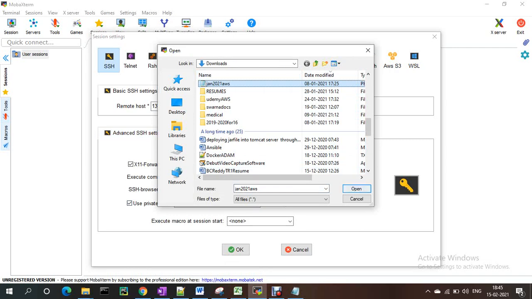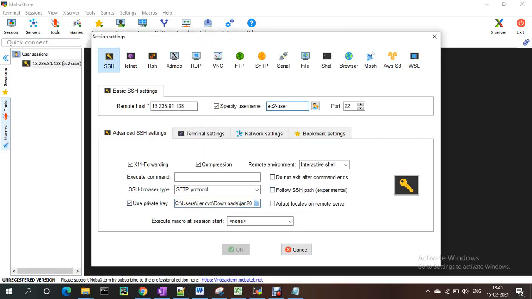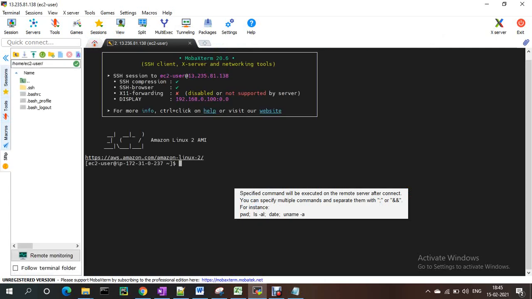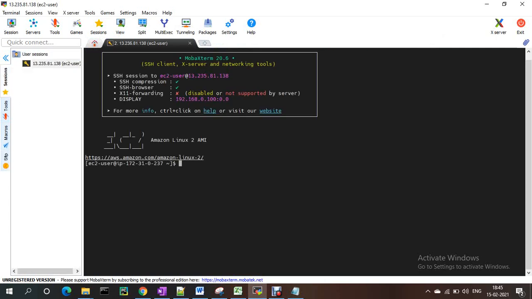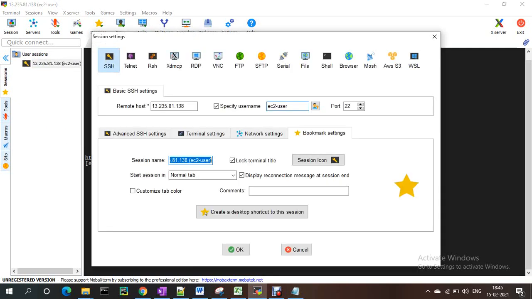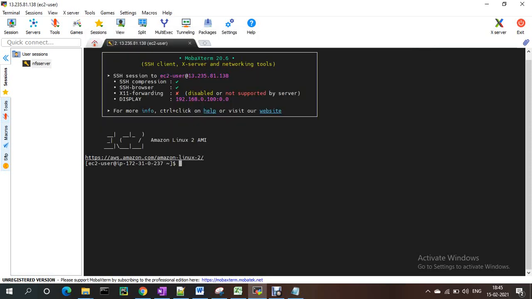This is my NFS server. I'm setting the hostname as well.